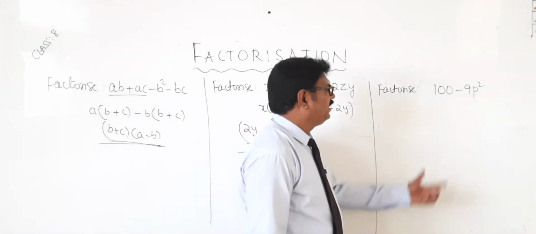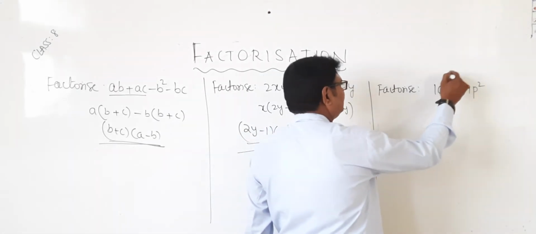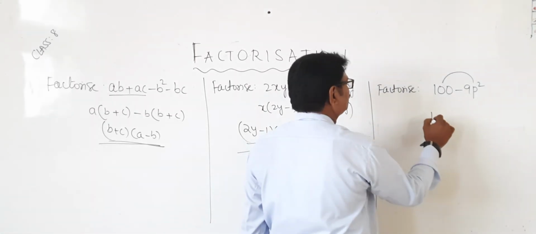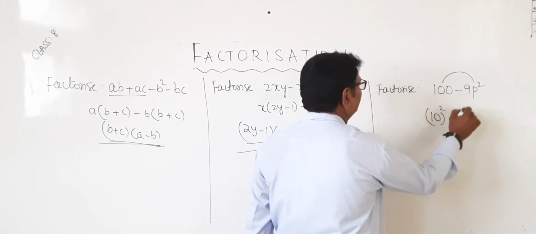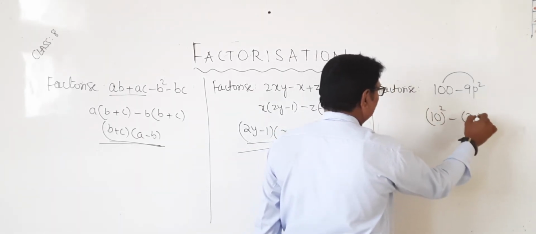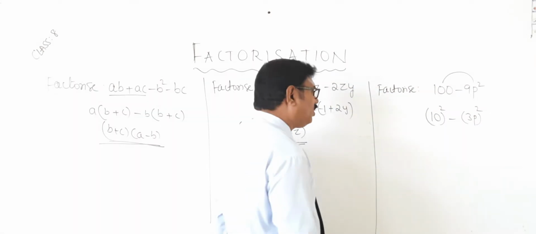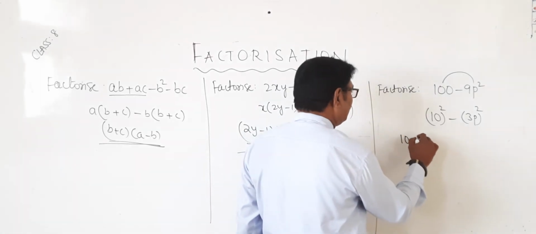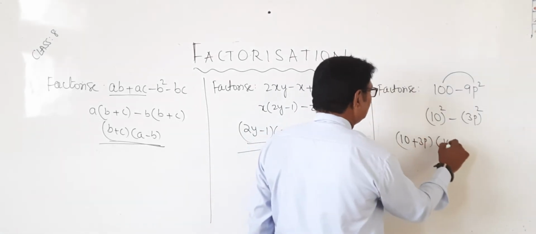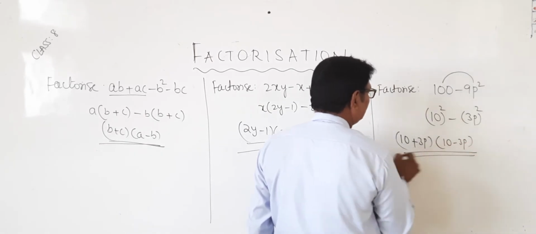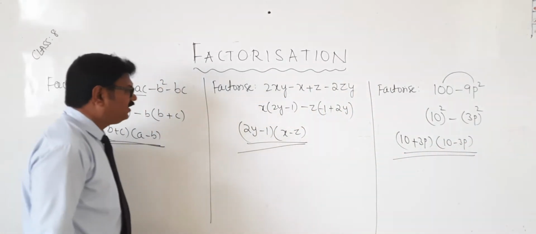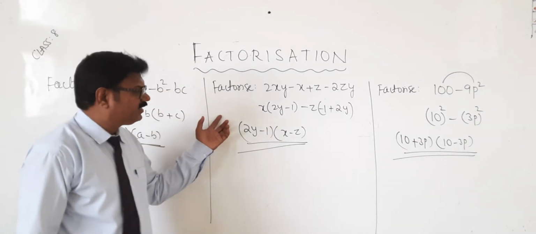Next. Now, if you see, they are in the form of a square minus b square. A square means 100 square root. 100 square root is nothing but 10 square. Here it is 3b whole square. That is a square minus b square means a plus b into a minus b. Therefore, 10 plus 3b into 10 minus 3b. That's all. Okay na? So very simple are there. This is the grouping method. Here also grouping method, and it is not grouping method. Here it is a yes using identity. Okay na? Please take down.